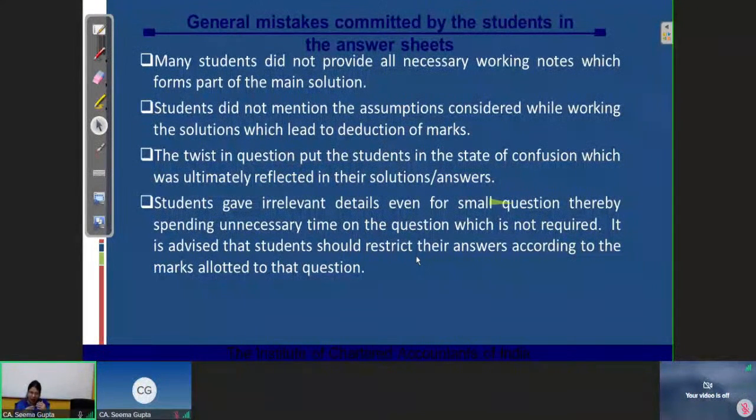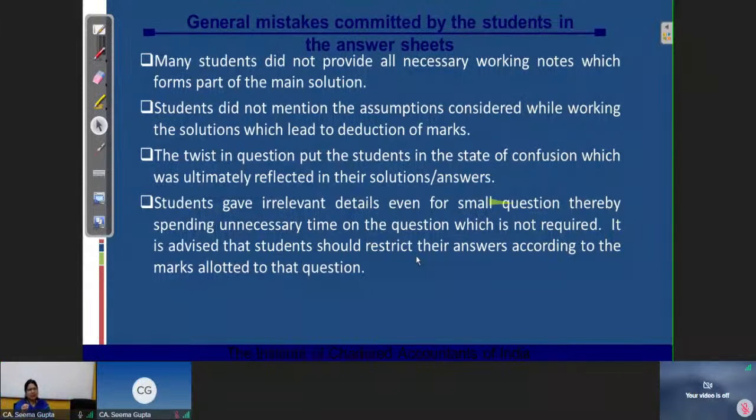So be confident, be calm while attempting the examination question paper. In the examination hall, do not panic, do not be nervous. Whatever type of questions is asked in the examination, if it seems to you that it's a new question and you are not able to attempt it, how will you attempt? Be calm, be composed, start reading the question afresh and then try to solve it. It will work out. It's not that you will not be able to. If you have understood the topic well, then whatever type of problem comes in the examination, I think you will be able to solve it.